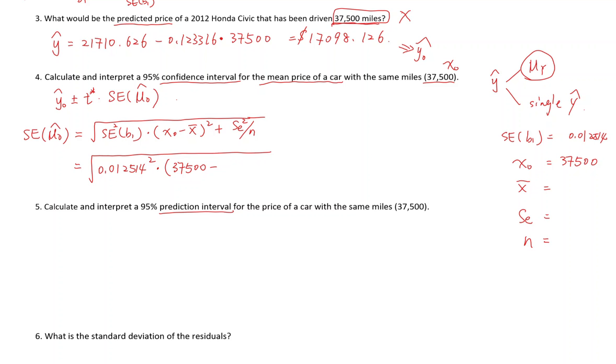So we have 37500 minus x bar. All right, so here I think I kind of confused you with x bar because when I made the question, I forgot to mention what x bar is. That's why I added it on the page of the assignment. So the x bar listed on the assignment is 35000. It is given to you. You don't need to find it from